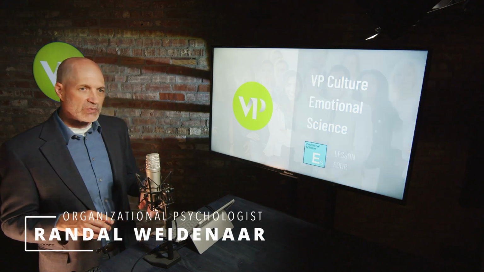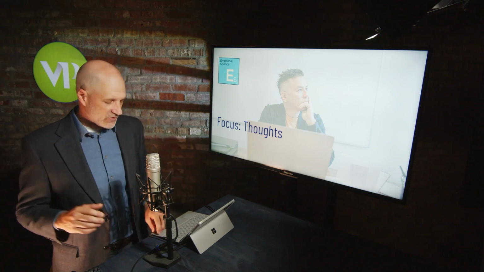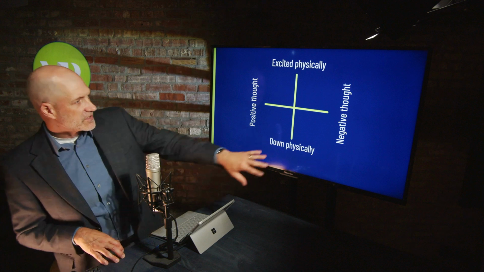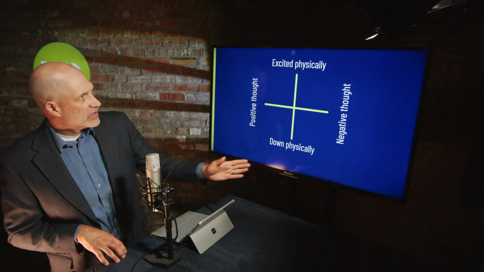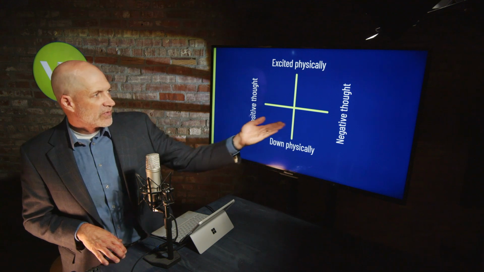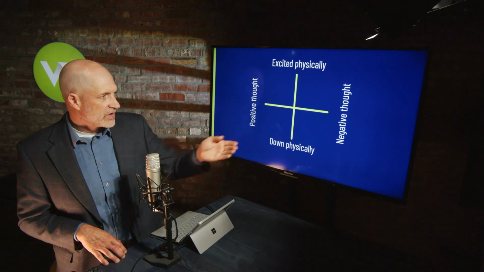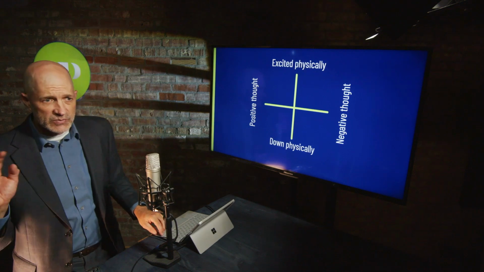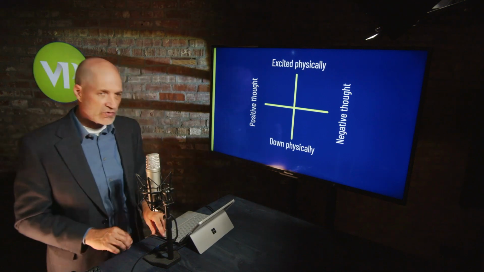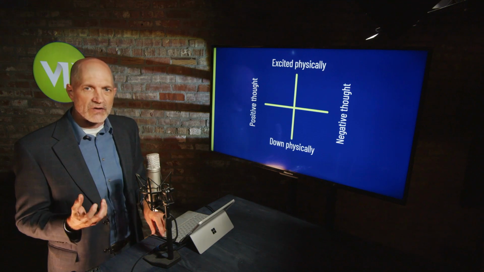And this lesson is going to be focusing on the focus on thoughts. So let's dive into the meaning of this. We have this chart, which is how we identify what emotions are. We talked about our physical dynamic last time, and this time we're going to be talking about the dynamic of our thoughts, either positive thoughts or negative thoughts. How to identify those, some good questions you can use and techniques you can use as a leader in a team and as a team member to draw this out.